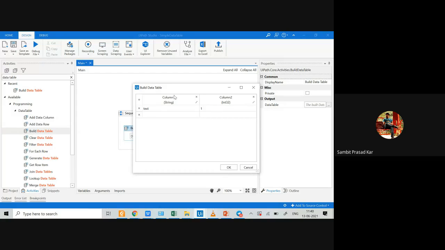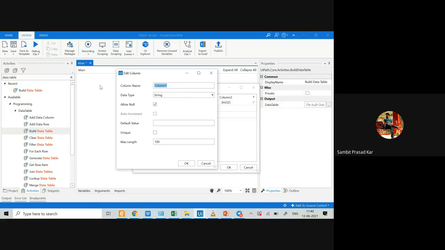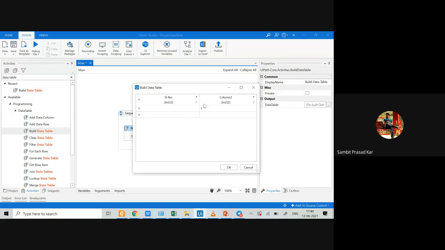Okay, so first column will contain serial number. So click this icon, you have to edit serial number. Okay, I am changing the serial number to int32, that is integer data. I am not allowing null. Null means the column should not have any blank spaces or zero value. So I can use auto increment because this is serial number, so serial number will go from 1 to 3 like that. Okay, right? So here you can put the data 1.